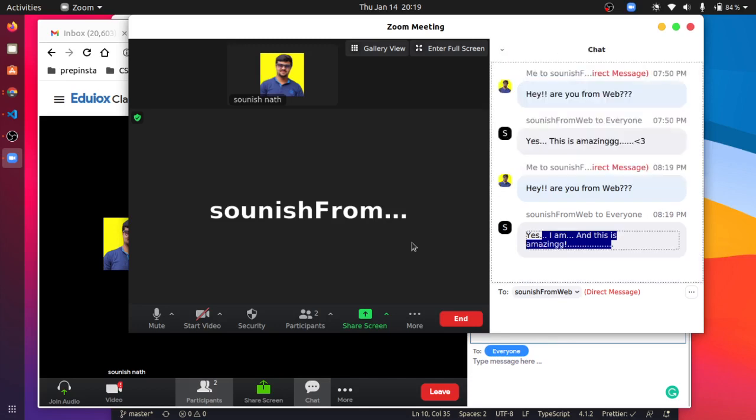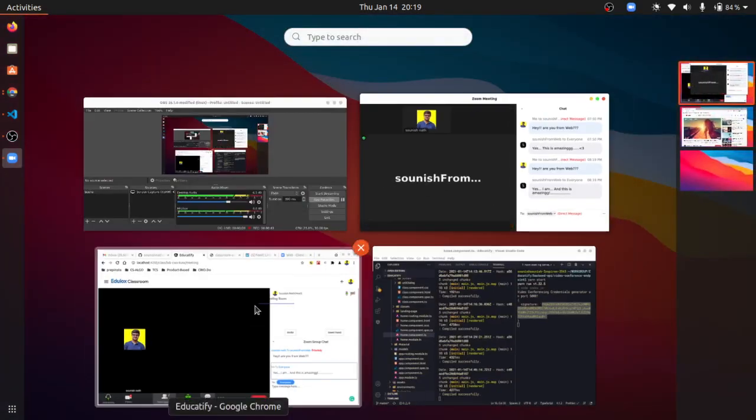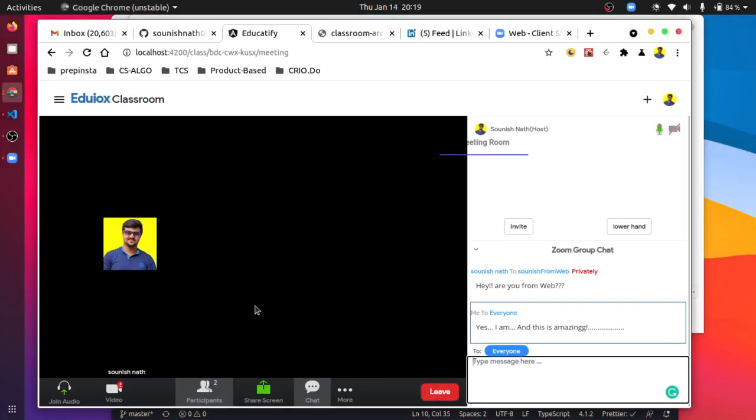I think this helps users who have not installed Zoom, because they can use this functionality to join any meeting or webinar through their browser instead of installing Zoom.